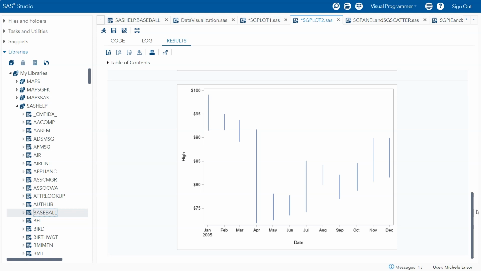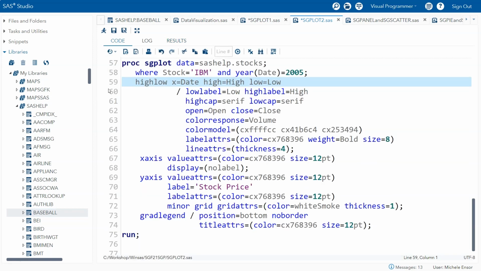I kept my plot statements fairly simple. I didn't add a lot of options. But just like I showed you in the last demo, there's a lot that you can add to a proc step. The same applies to these plot types. Look at this PROC SGPLOT. I took that last example that we were using with high-low, and I've added a lot